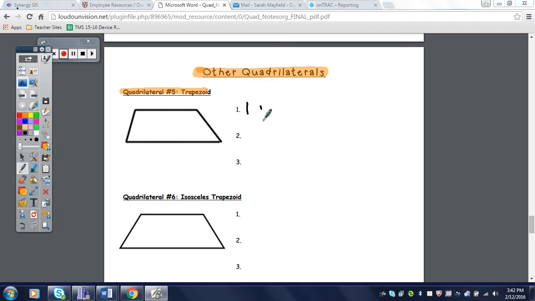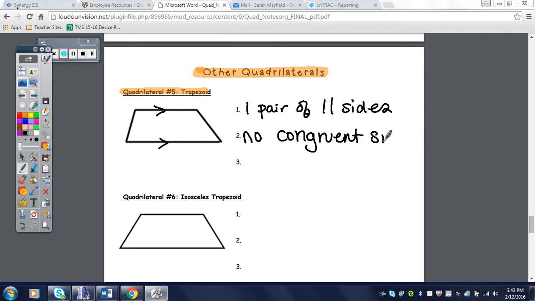First one, they have one pair of parallel sides, okay? Remember with parallelograms, opposite sides were parallel. In this case, only one pair of opposite sides are parallel, so that would be these ones. So that no longer means these are parallel, all right? It's just one pair. Second property about a trapezoid, you have no congruent sides. Just because these two lines are parallel does not make them congruent, okay? With a trapezoid, the last property, my leg angles